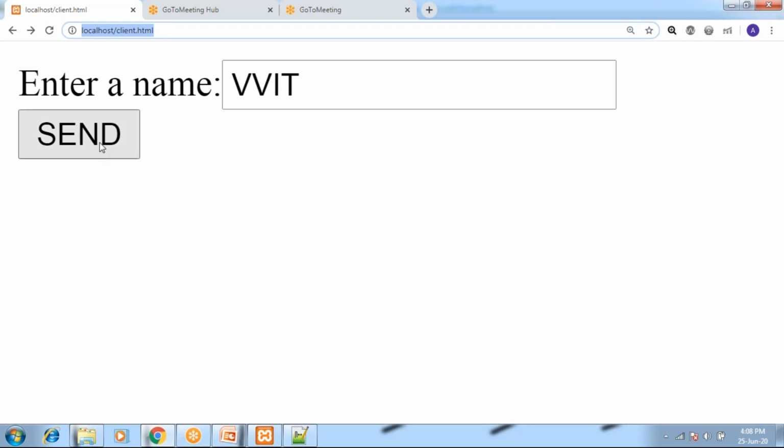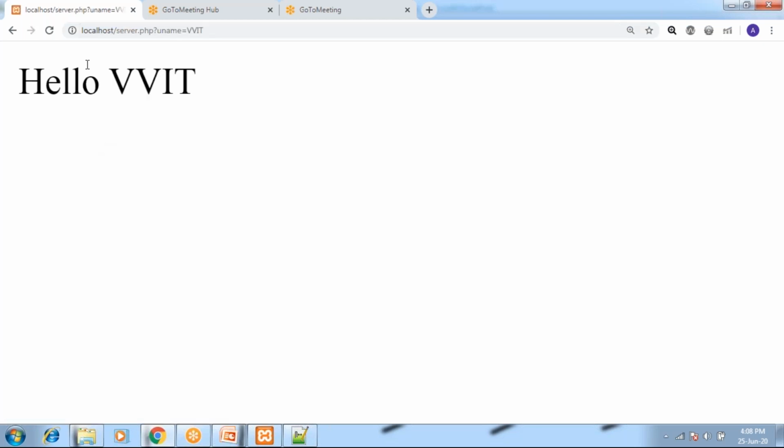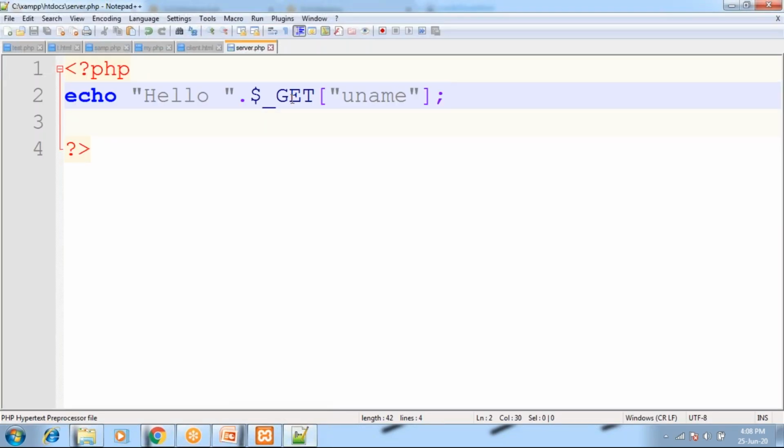Now look at this, how the URL was changing when I click on the send button. Look at this. Server.php is going to be invoked when I click on the send button, and with a value, the username value, it was showing here, right? And I'm accessing that value here. We are accessing the value. How I'm going to access this is